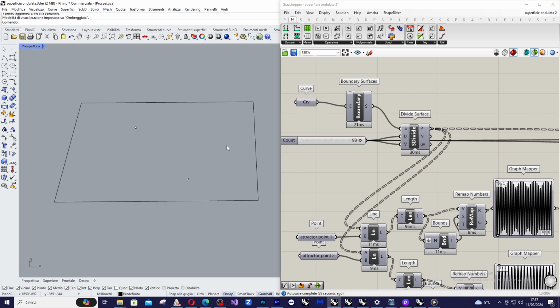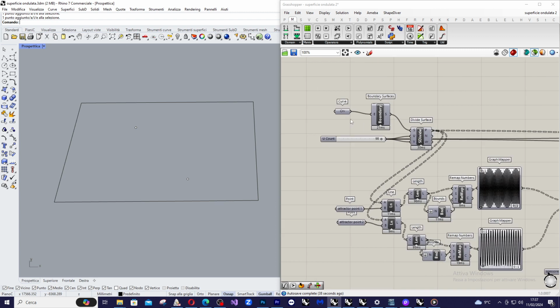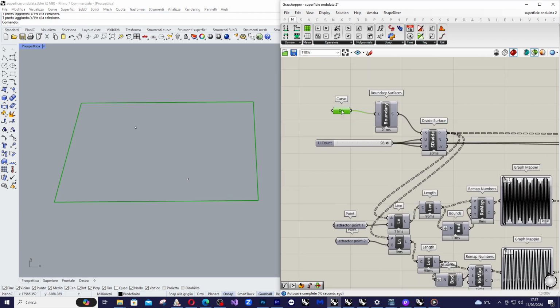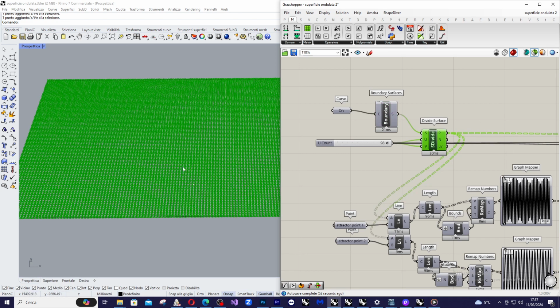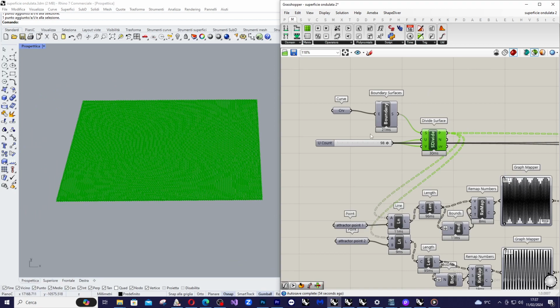We enter into shaded view. We only need from Rhino three elements that are the boundary curve and the two points that will be our attractor points. So we are going to import the curve, and then we are going to create a boundary surface inside this curve. Now we are going to create a grid of points on the boundary surface we just created,